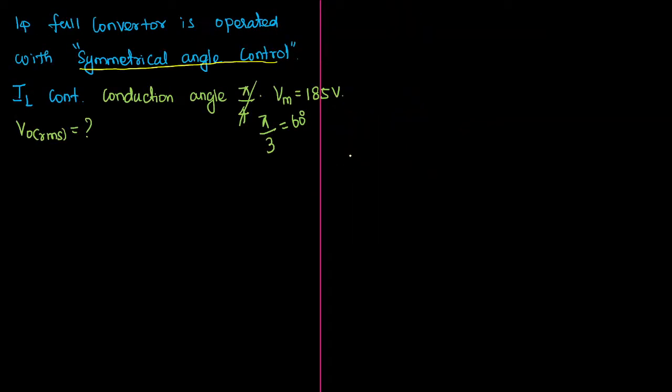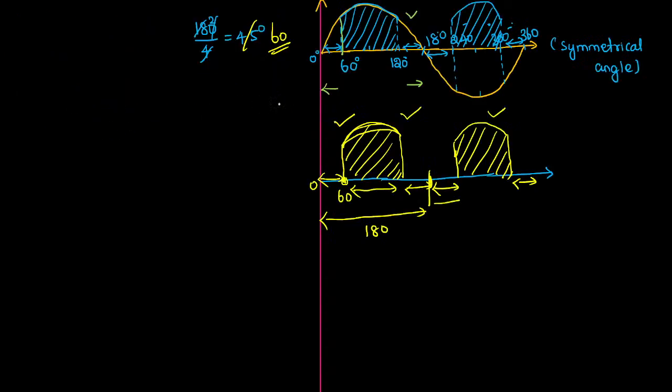Fine sir. Now how do I calculate? What is the question? Output current is continuous. V0 RMS value is dash, right? Yes. Let us explore. What is the basic formula to calculate the V0 RMS? V0 RMS equal to, I have to take as usual. Here there is an integral inside the root, isn't it? So let us take 1 by time period T, integral of magnitude square with respect to d omega t. This is RMS